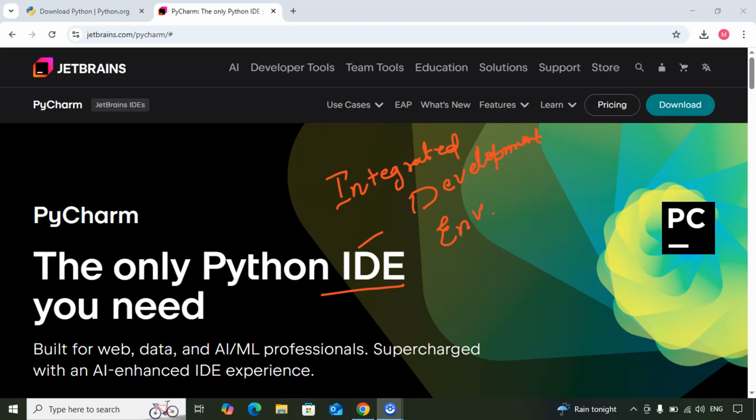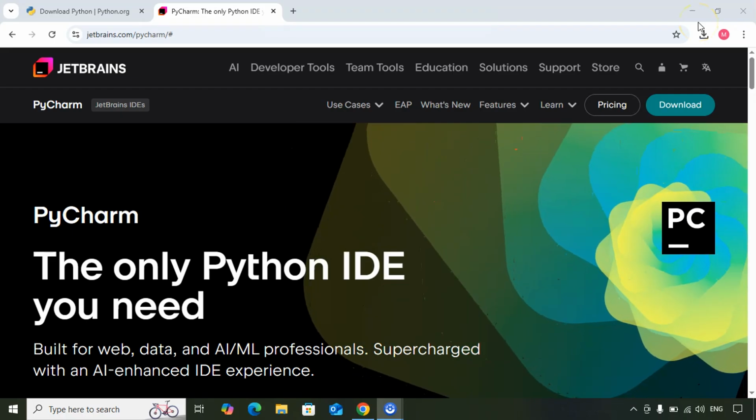Is PyCharm the only IDE that is there in the market? No, there are a lot of them. Visual Studio Code, there is Eclipse, there is Atom, right? There are a lot of them, but we're going to use PyCharm for this course because, as they claim, right, the only Python IDE you need. So let's try that, right? If you are already using some IDE, and if you want to use any other IDE like Visual Studio Code, you can go ahead and do that. There's no restriction to it, but here we'll be using PyCharm and we'll be seeing how to install it. All right,